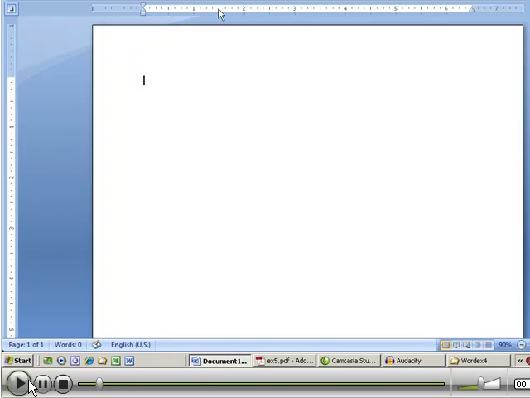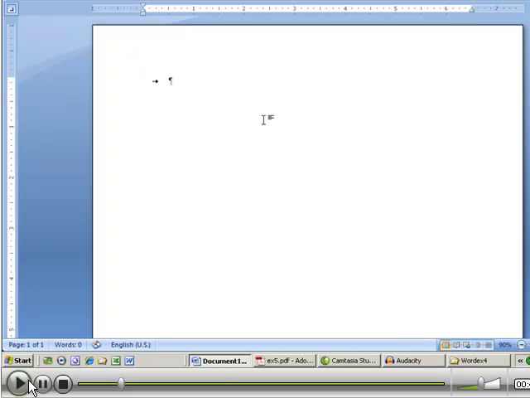Now there's a line underneath the ruler. It's blue, or grayed out. You can barely see it, but there's a little line underneath here, a little one here, a little one here, every half inch. Those are tab stops, and every time I hit my tab key, it will automatically stop at the next half inch. So I'm going to turn on my show hide,